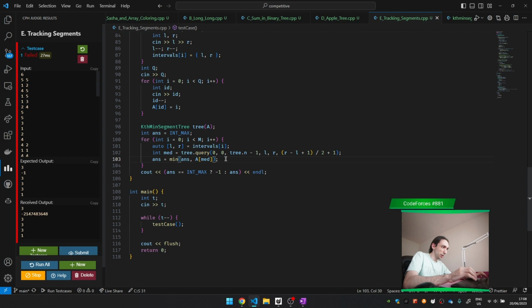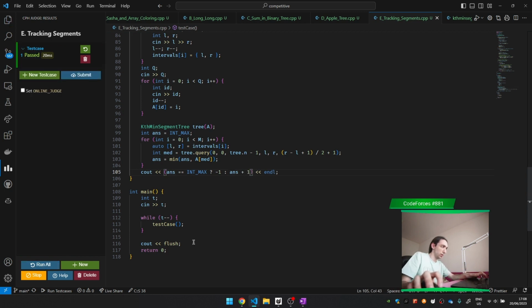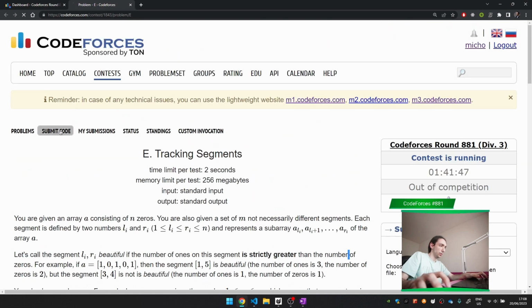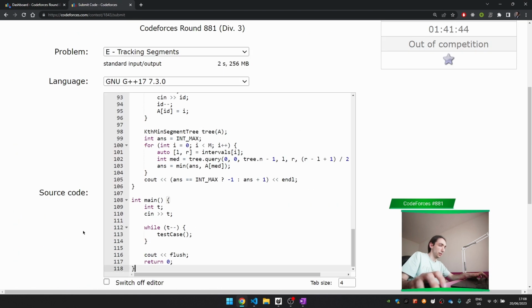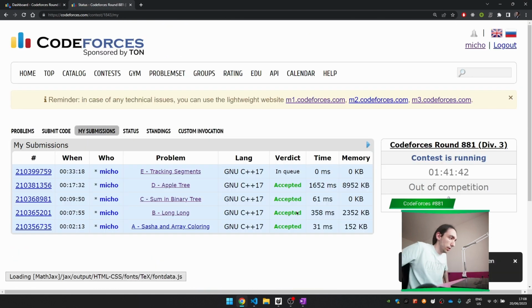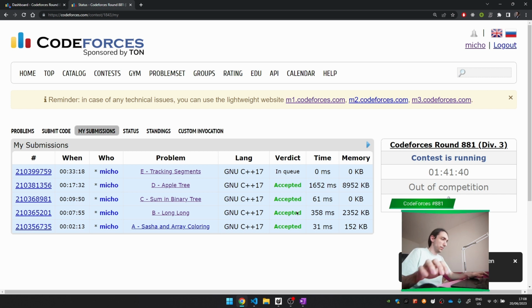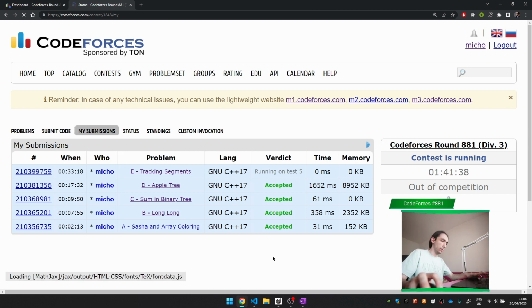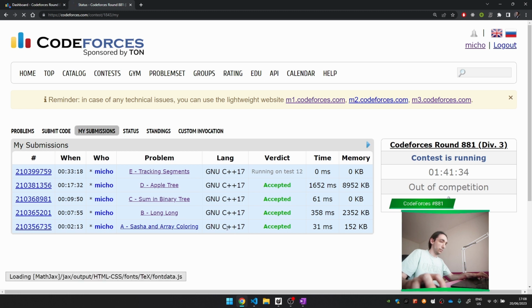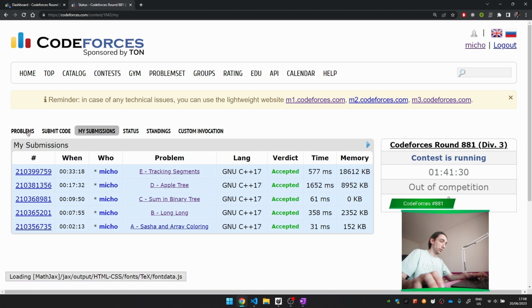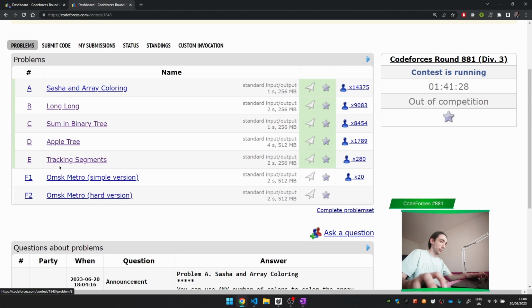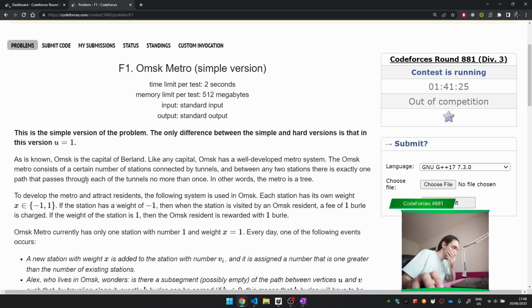Oh yes, here it's okay, that kind of works, so I'll just submit it. That should work if the tree is coded well. Okay, it passed a lot of cases, so now here